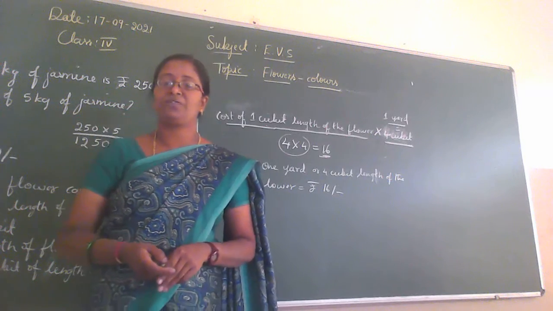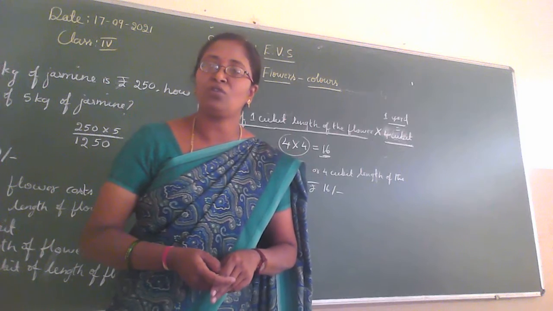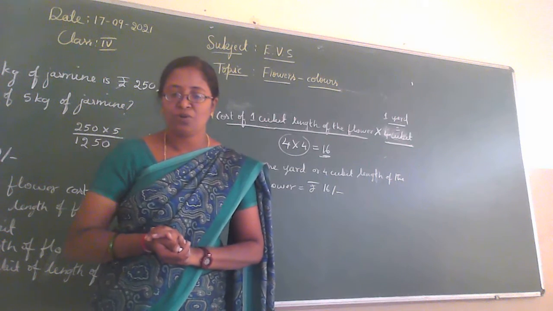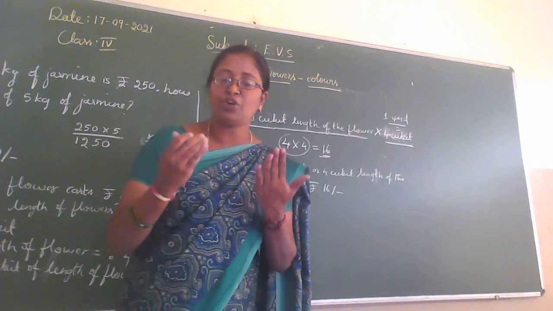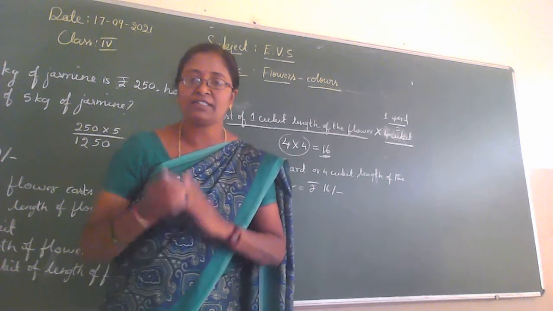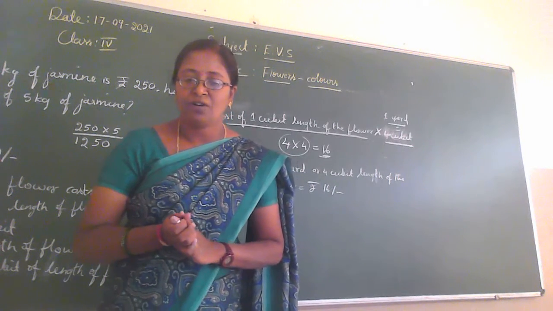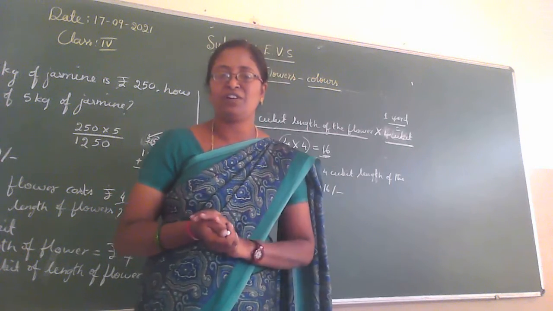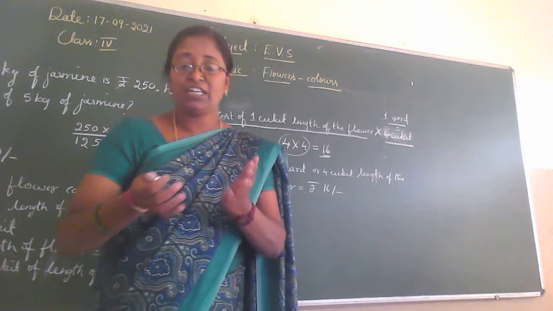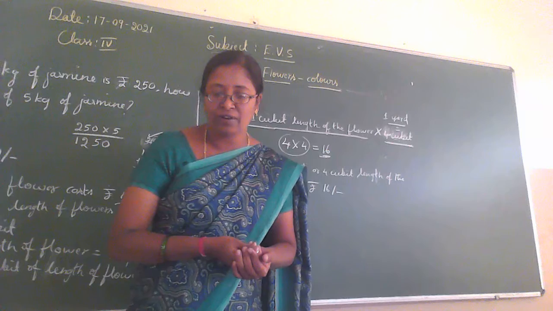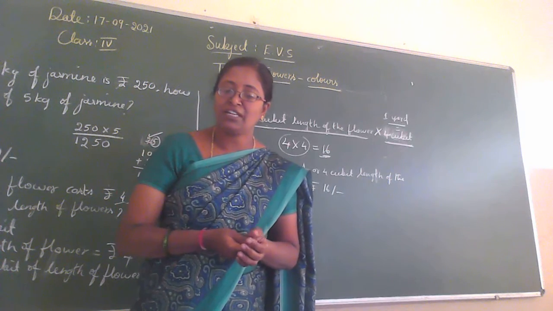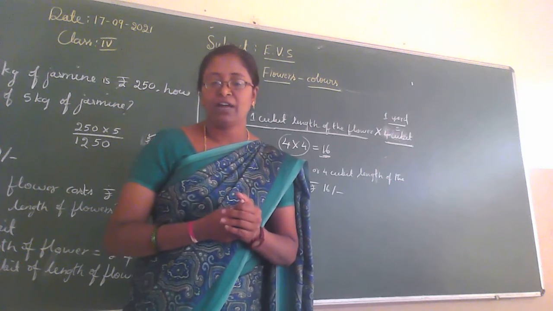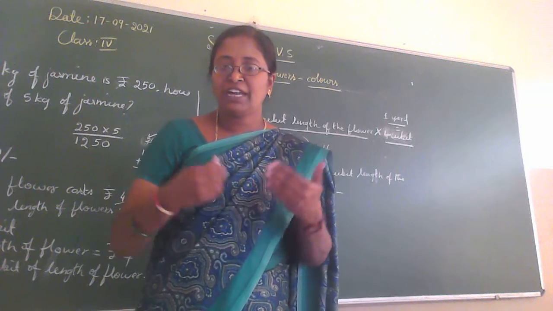So there is a conversation between the students. So children, find out about the rate or price of different lengths of flower. If the 1 cubit length of the jasmine flower is 10, then find out the price for other lengths of the jasmine or any other flower. What about 1 kg of dahlia flower? Or how much does 1 kg of jasmine flower cost? Find out, and then children, we will move to the next conversation.